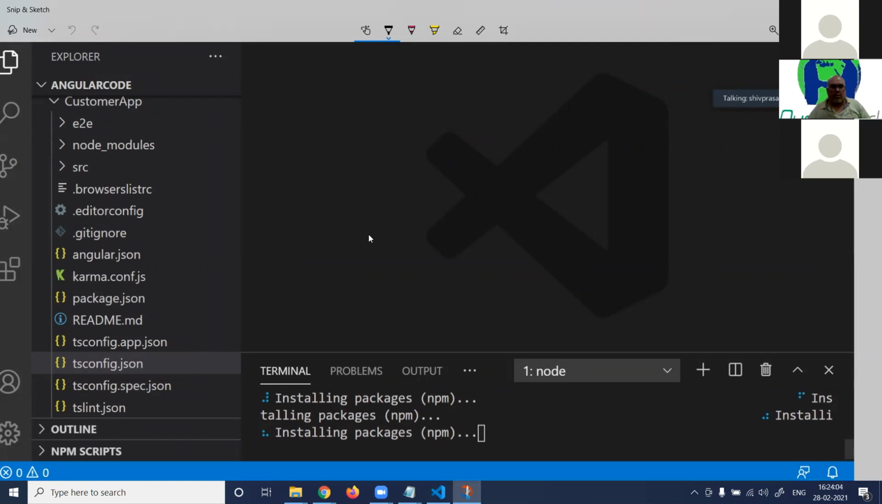So let us start with folder number 1. Let me make a white top. You can see lots of folders here. First, let us talk about the folders. E2E stands for end-to-end